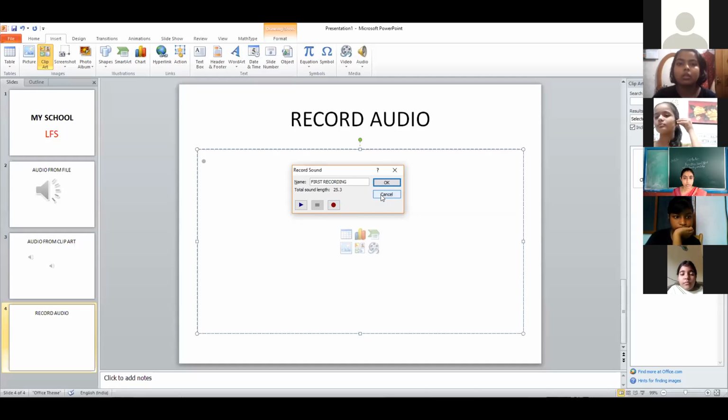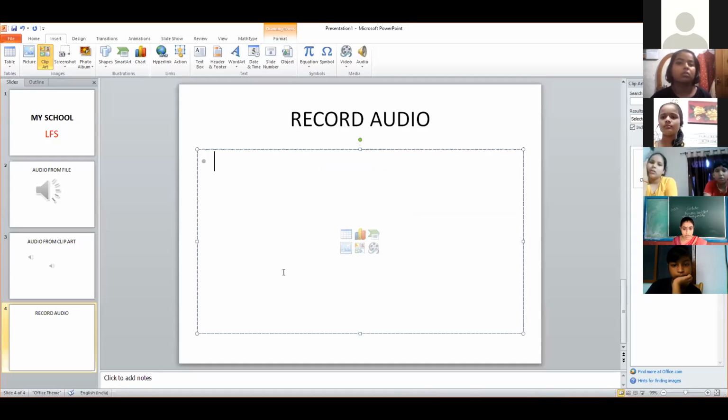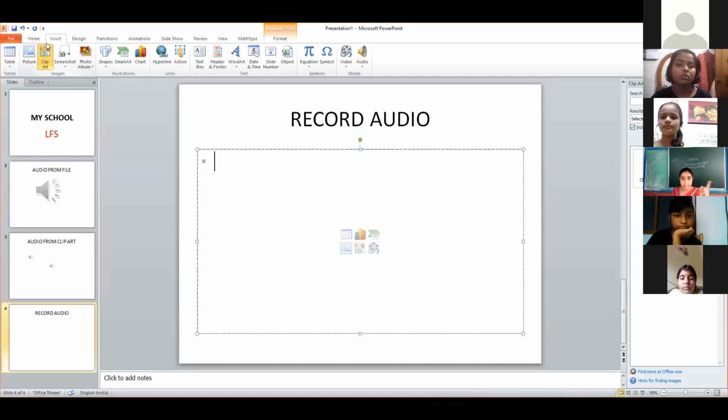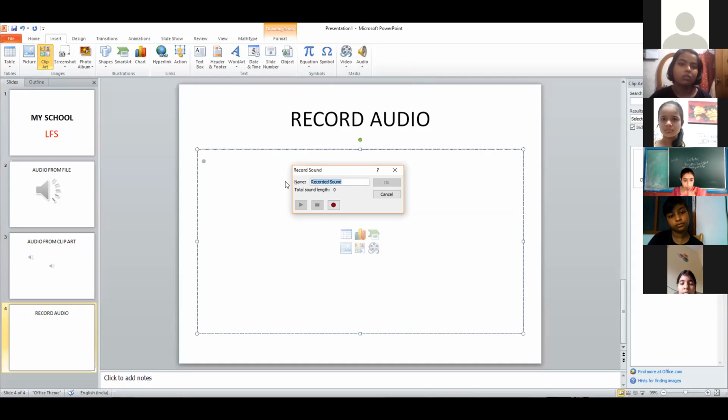If you want to cancel, just cancel it. Let's do it once more. I have cancelled it. I have not inserted it. What we have to do is go to the insert tab, then go to the media group, then go to audio. Under audio, we choose the option record audio. When we click on record audio, it will give you the chance to name your file.